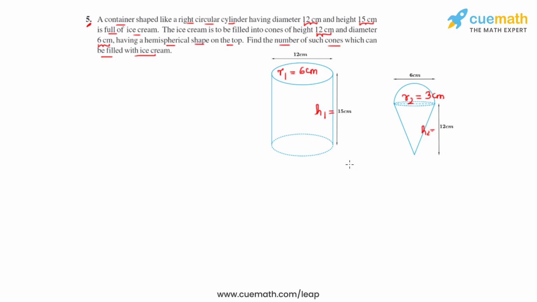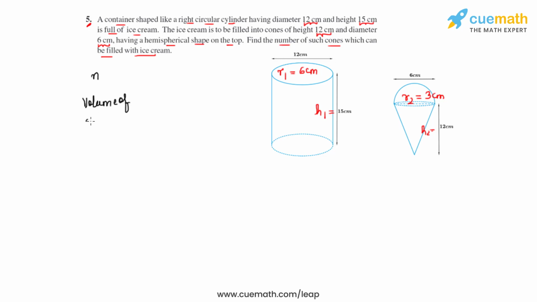Now, let's say the number of ice cream cones that can be filled with the ice cream of the container be N. So we write it as N here. Now, the volume of the ice cream in the cylinder will be equal to the volume of the ice cream which we transfer into N such cones. So we will write that volume